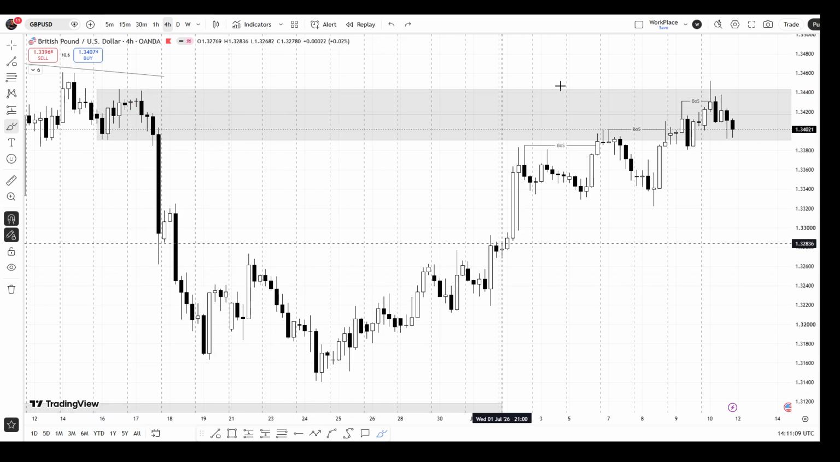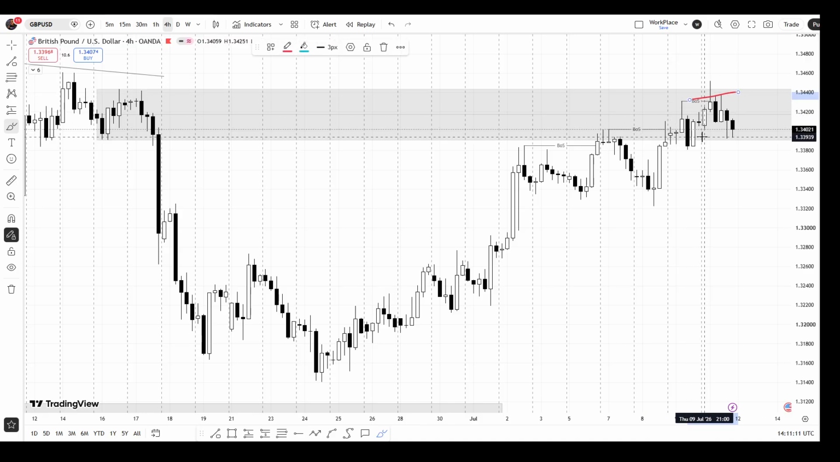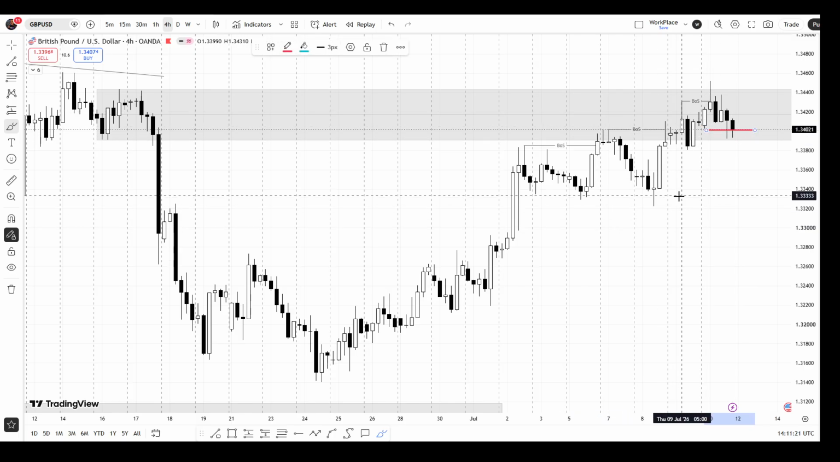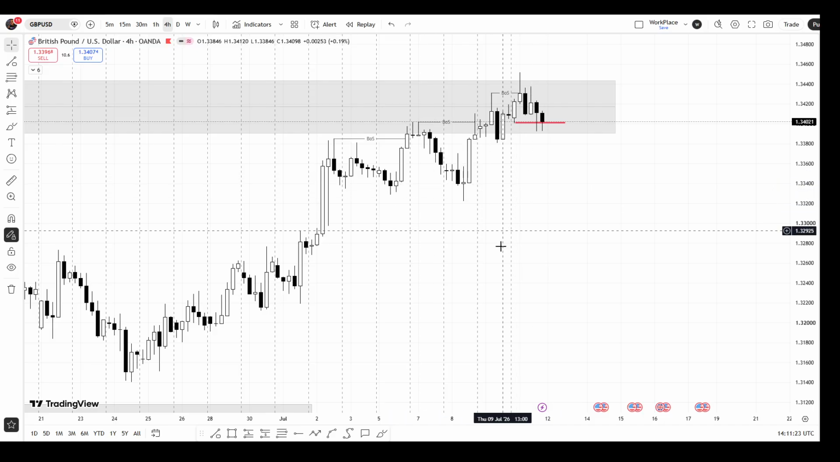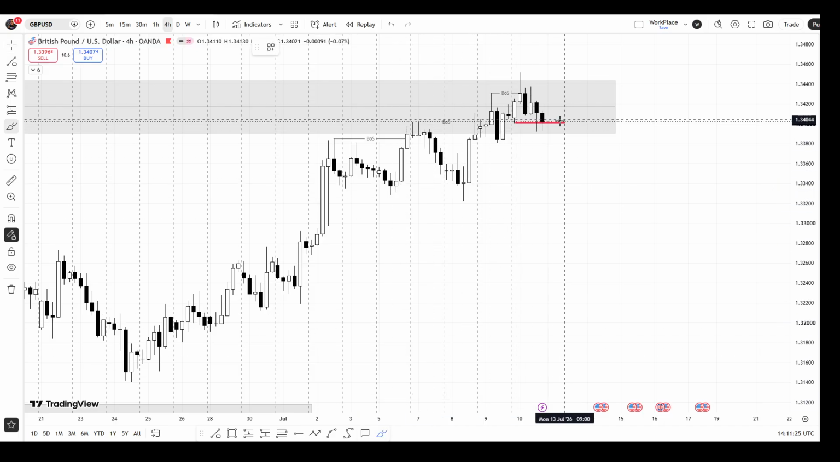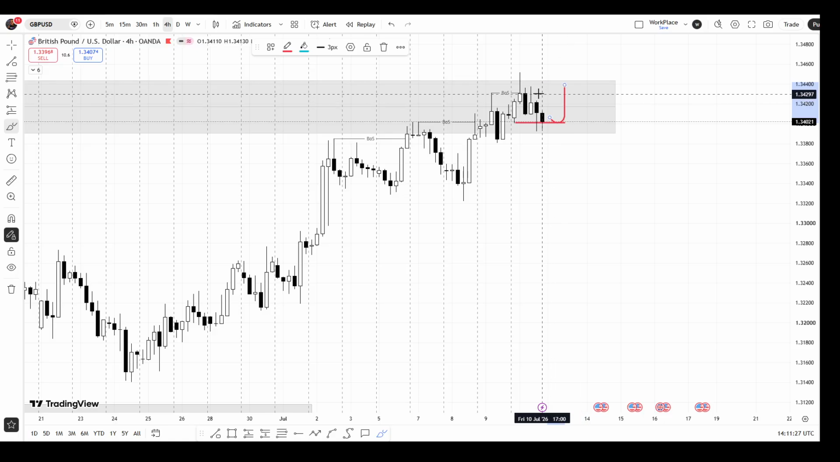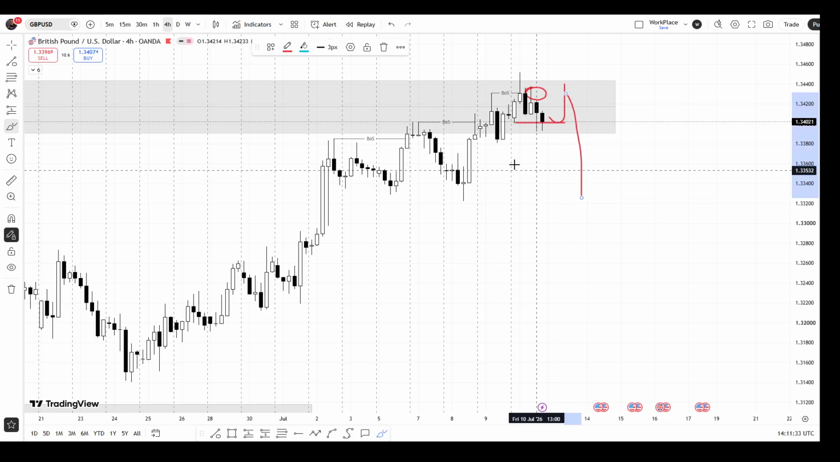Okay, and then we have a fractal change of character to the downside. So this is the low that caused this break of structure to the upside. So this low has been broken. All right. So if we then go up to mitigate a deep supply zone on the 15 minutes or the 30 minutes time frame, we'll be looking for a sell to the downside